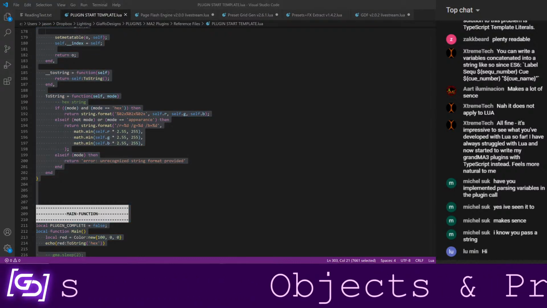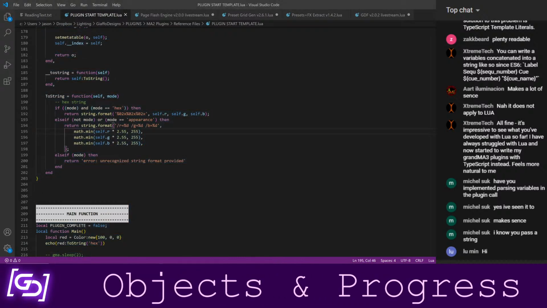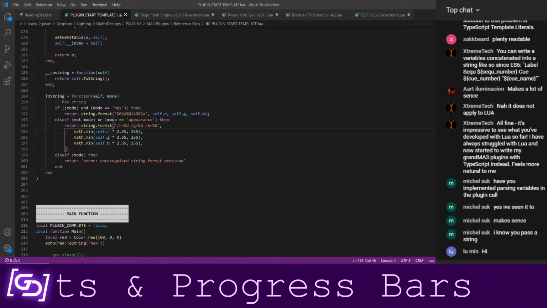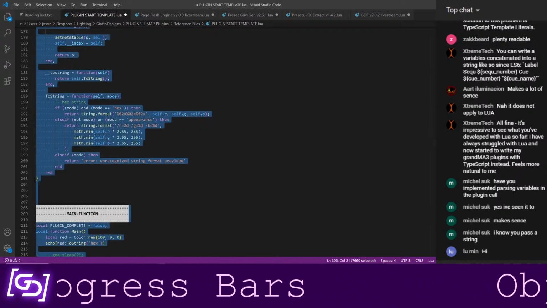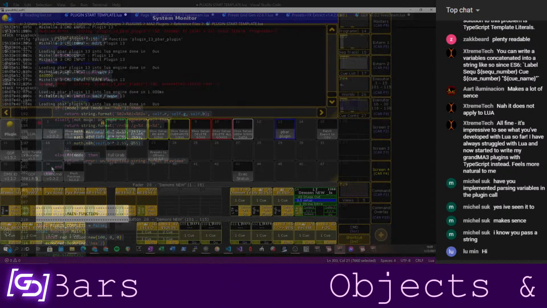So now if we print our, oh no, I screwed something up. Unexpected, so you can't see the other screen. Line 198, unexpected symbol. Probably this. All right, let's switch over to here.